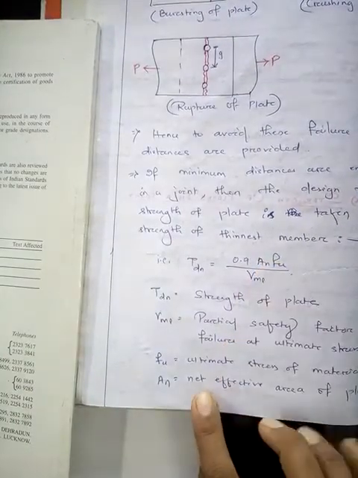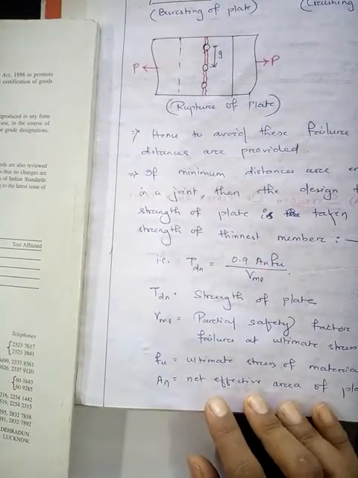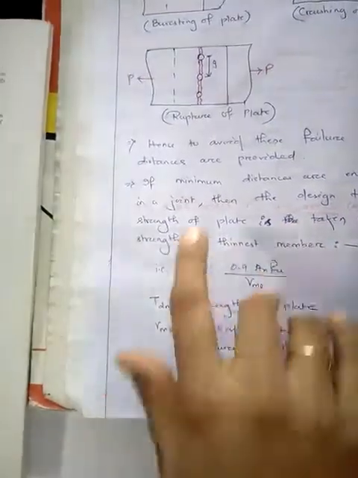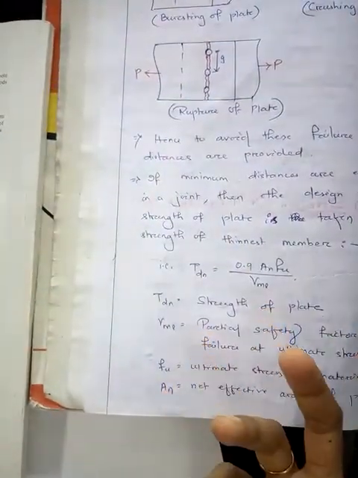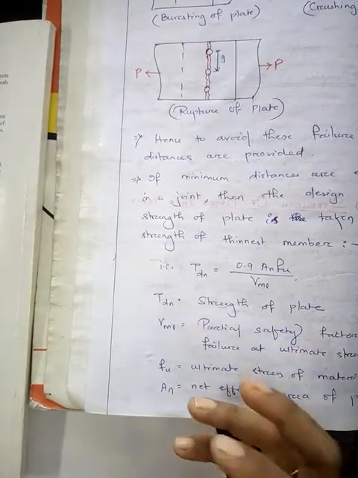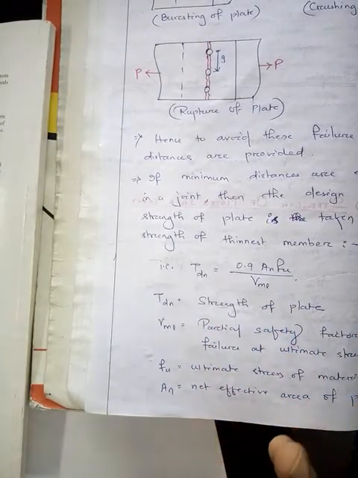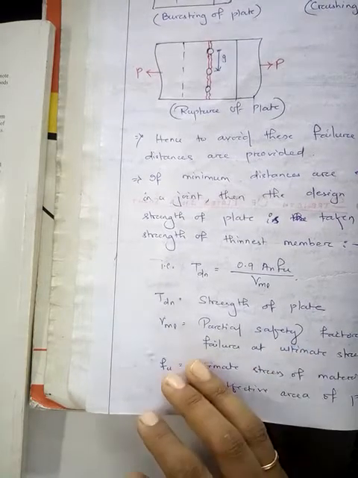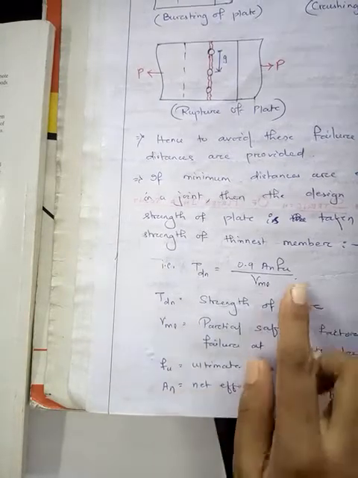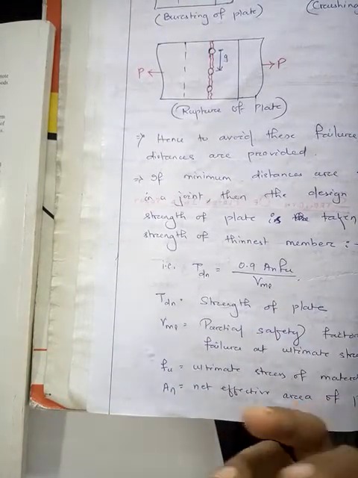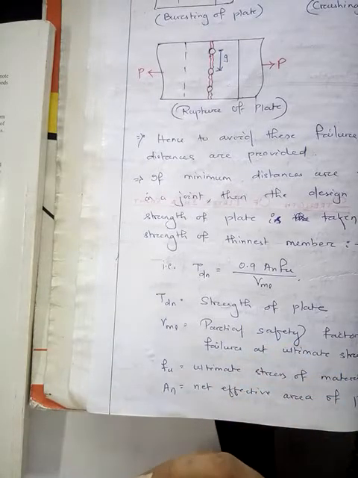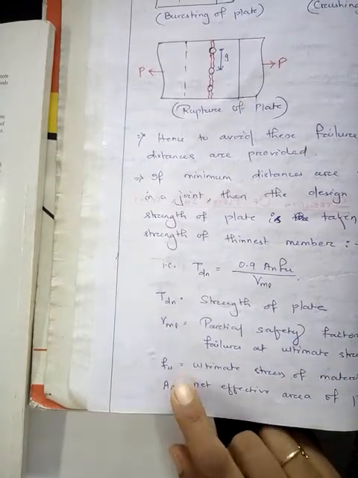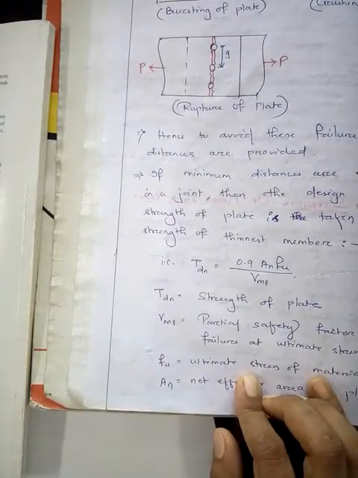An is the net effective area of plate. Why is it the net effective area? Because we are making holes in the plate, so the total area is getting affected and decreased. Net area means avoiding the area of holes, or subtracting the area of holes. The area of plate we get is known as net effective area. And Fy, Fu, as you all know, are the symbols for yield or ultimate stress of the material, and Fu means ultimate stress of the material or the steel plate. So these are the simple parameters of the above formula.